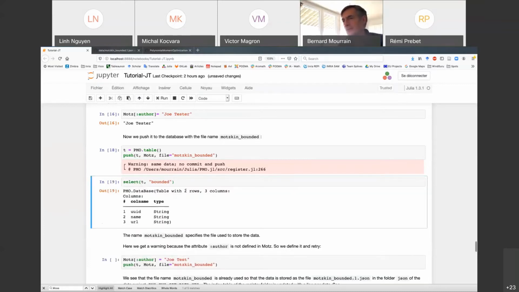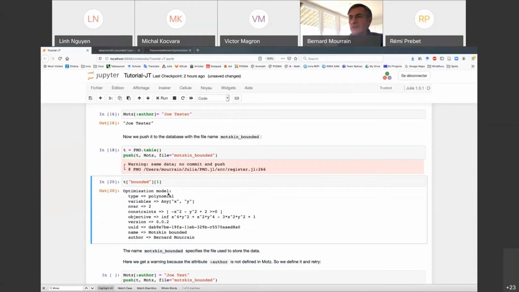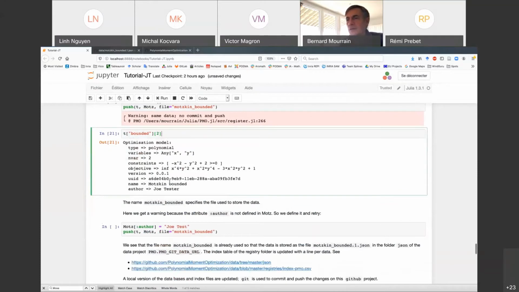In fact, now there are 2. I will select the second one we added, which is here. Yes, this one is the one we added. You see the author is not the same.